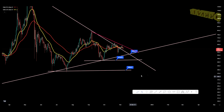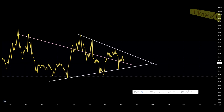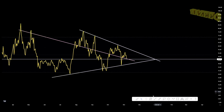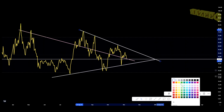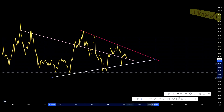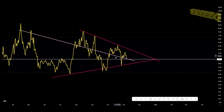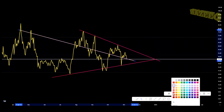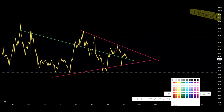Now, if we jump into the daily RSI, what we do have over here is a sort of symmetrical triangle with a support line running down below, and with this horizontal support line. So I'm just gonna change up the colors a bit so it's a bit easier for you to see the difference. So this is going to be our horizontal triangle, right? And we do have two support lines in between that triangle that is keeping us afloat right now, as you